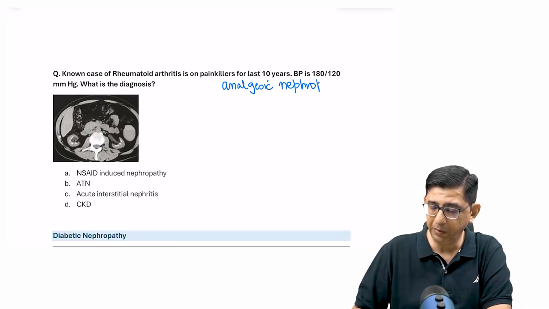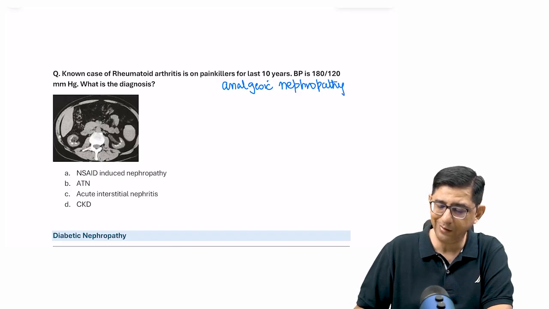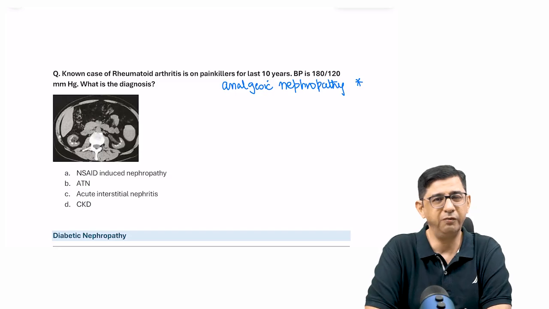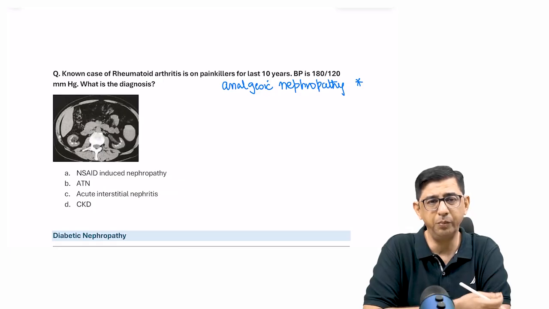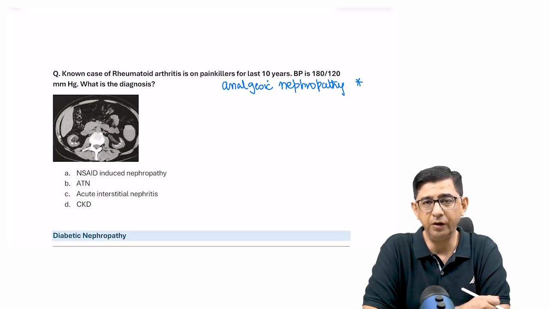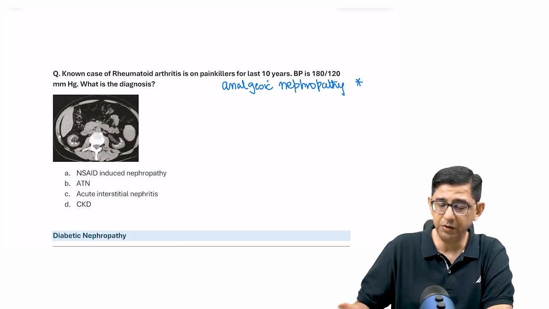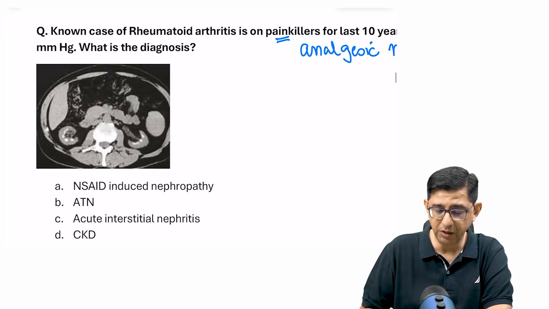Patient will not even know the brand name, or even if they know the brand name, they'll be saying that, I just went to some chemist shop and he told me to take these painkillers. Rheumatoid arthritis causes joint pain. So it's a lady taking painkillers and there's analgesic nephropathy that is occurring. How do I know it's a nephropathy? BP is elevated. Now somebody is taking painkillers and then there's a CT scan where you can see calcification in